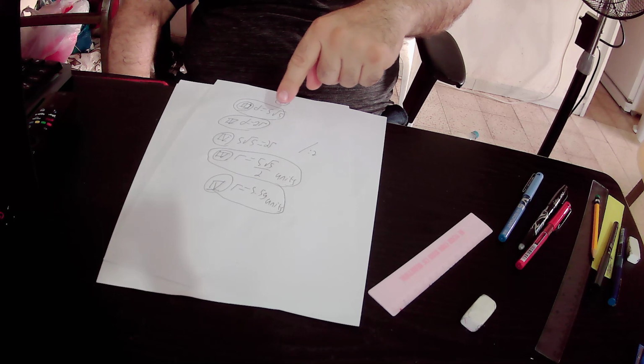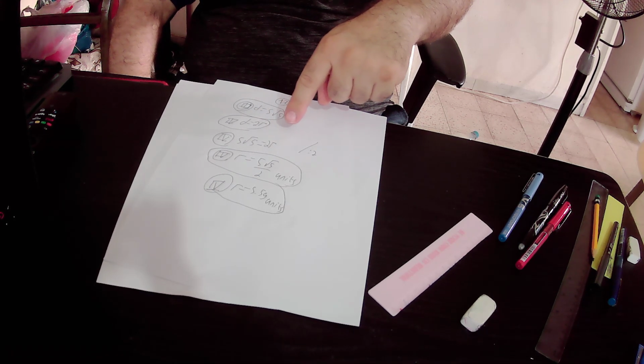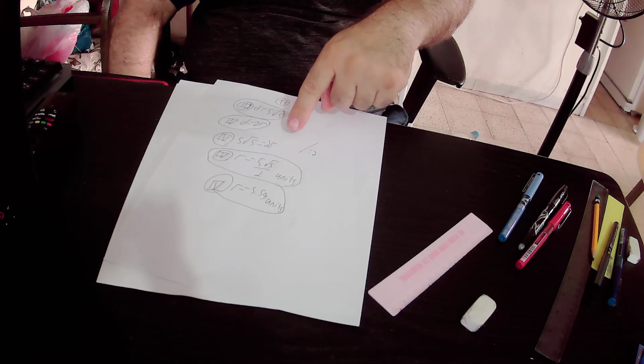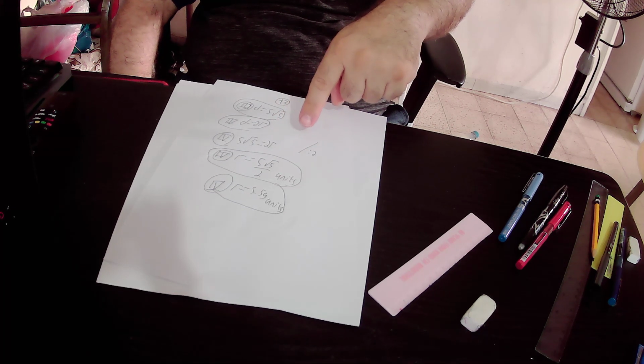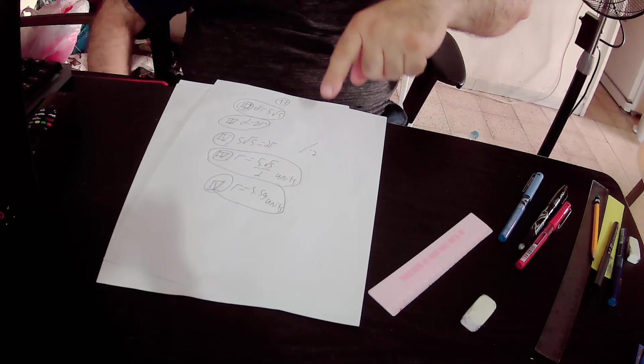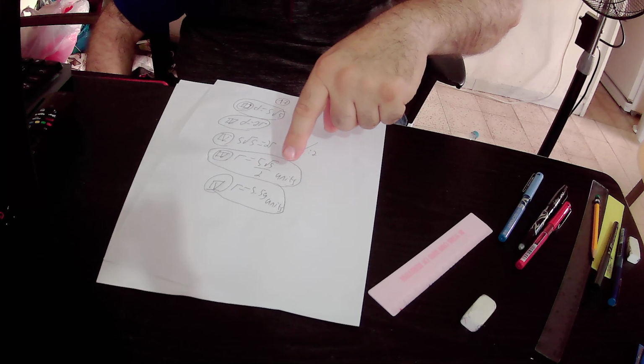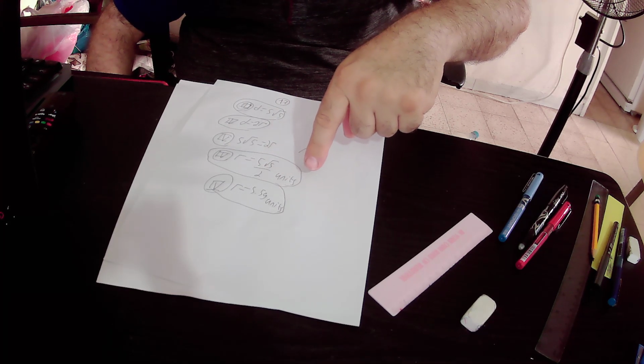We got that 5 times root 5 equals 2 times the radius. We divided the equation by 2, and we got that the radius of the circle equals